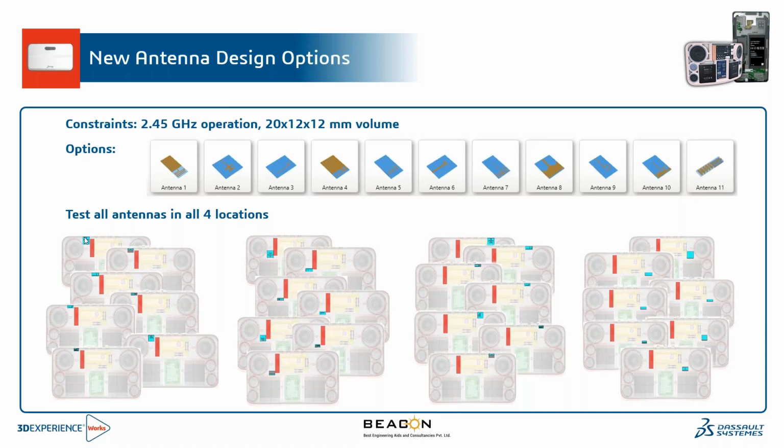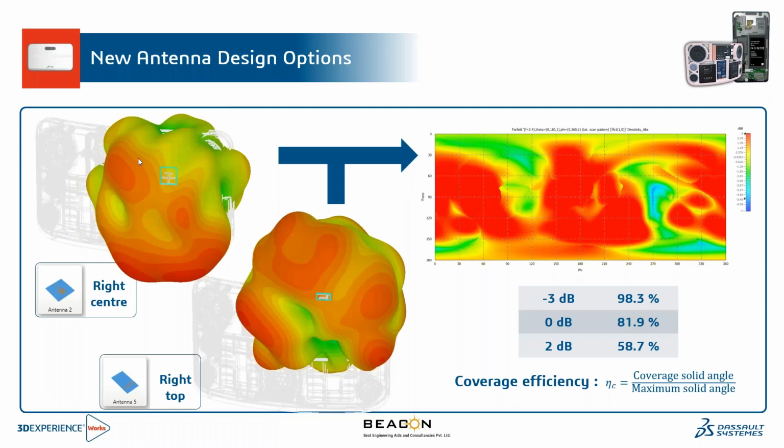So here we can see 4 different types of antennas with the same variant can be positioned, and we can perform the analysis. So here we see that these two are the antennas which best suit the requirement and also fit well. So when we take that, we can proceed with the total scan pattern or check the coverage efficiency. That is, antenna 2 and antenna 5 are considered here, which are placed on right center and